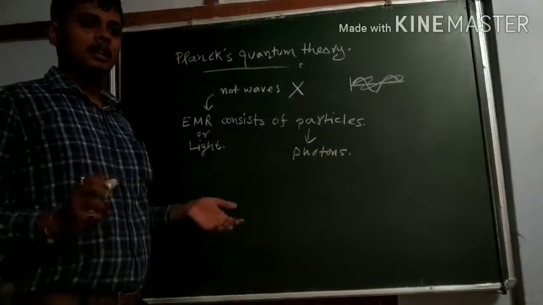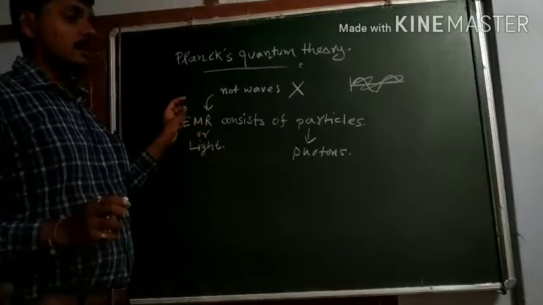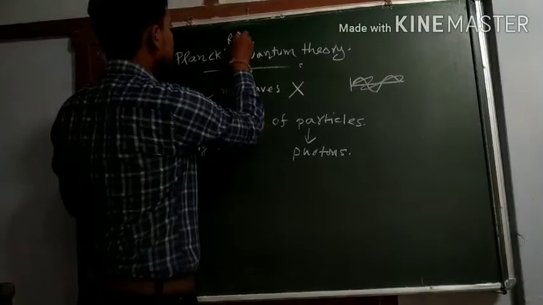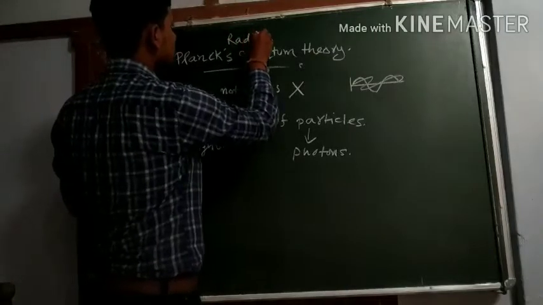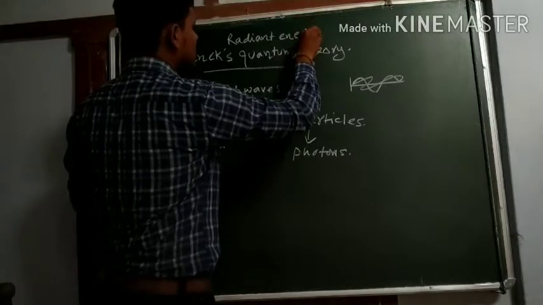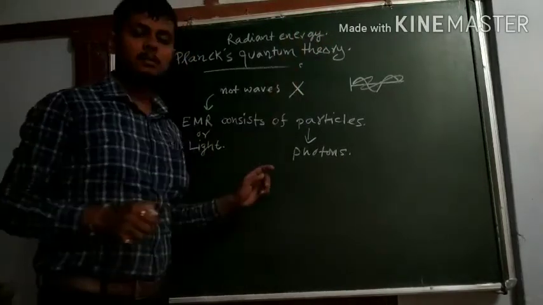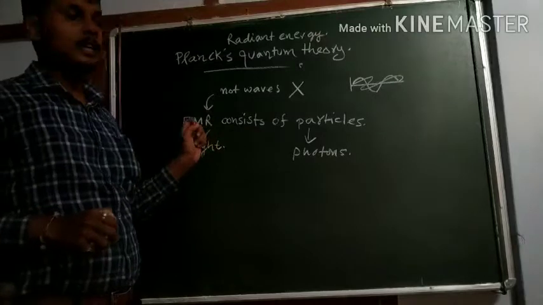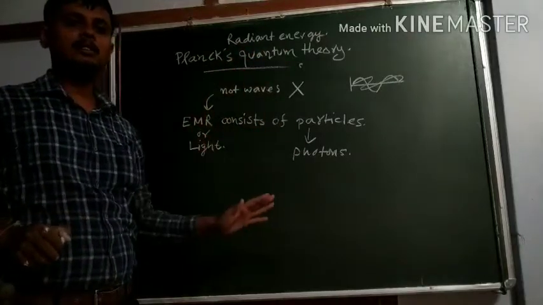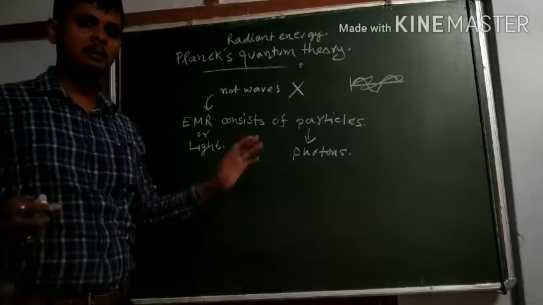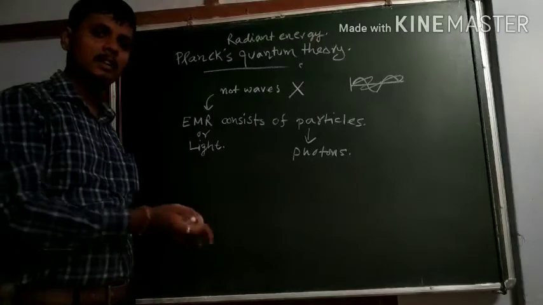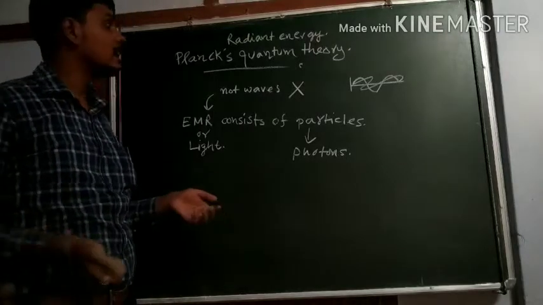Yesterday I told something called radiant energy. So radiant energy means energy that is emitted as electromagnetic radiation. The energy that comes out as electromagnetic radiation is called radiant energy. Okay, electromagnetic radiation is coming from the sun, like that. So radiant energy